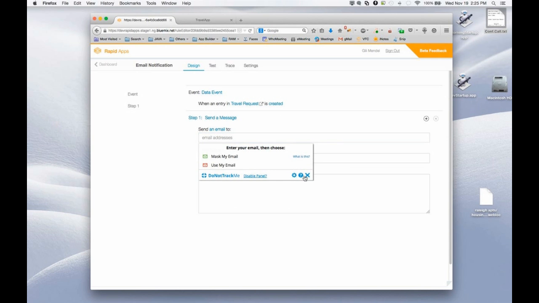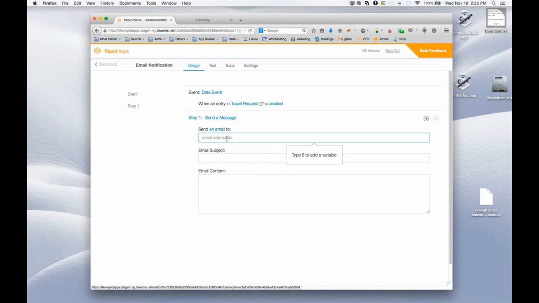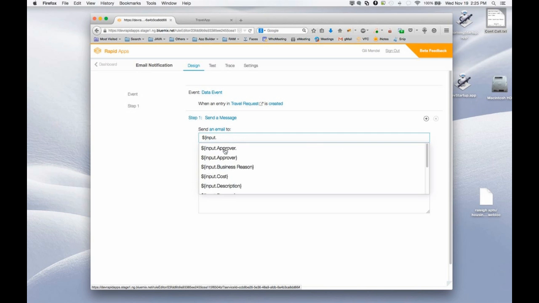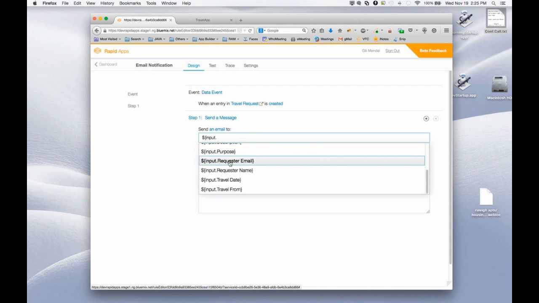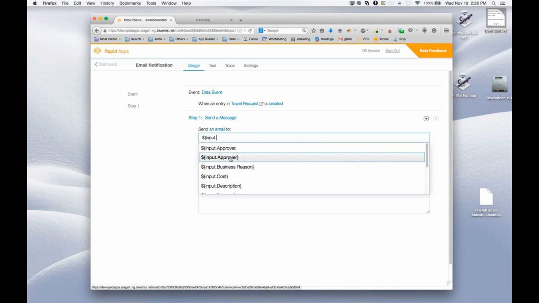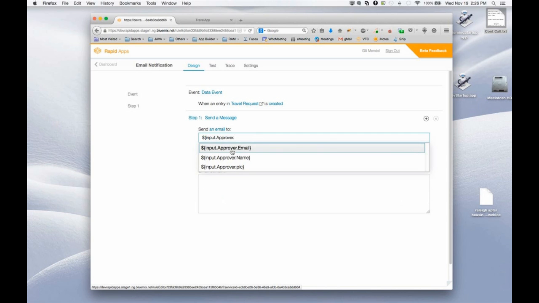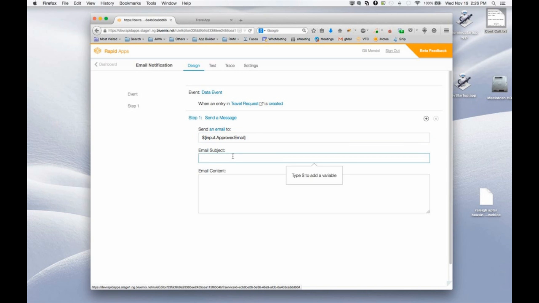So I could go ahead, and I don't need my helper here, but I'll say, okay, if I type $, it automatically gives me a suggestion and says, oh, look at your input. And it says the input is of type travel request, and I could look at the requester email. Or I could look at approver, the VP, the linked data record, and look inside that approver record at his email. Say, okay, send an email to that guy, the approver, and say, maybe